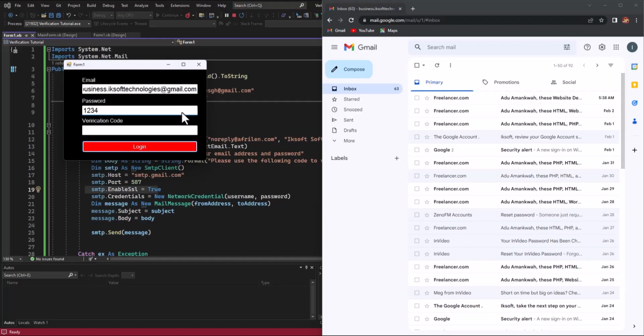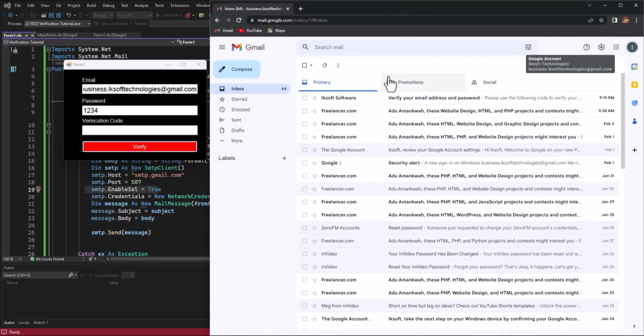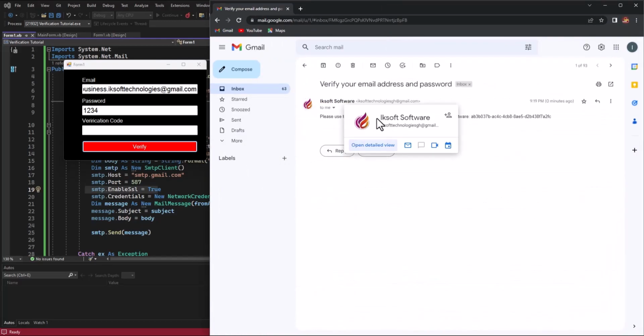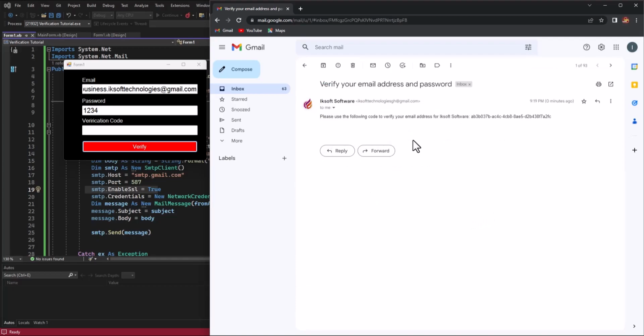So it is sending the verification code, and now you see we have a verify here, and there you go, Isoft software. Verify your email address and password. So let me just extend this for you to see. So verify your email address and password, and I click on this. So you see, all the messages are very secured, and it says please use the following verification code for your email address. So I'm just going to copy this code,